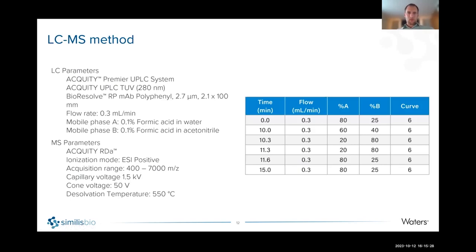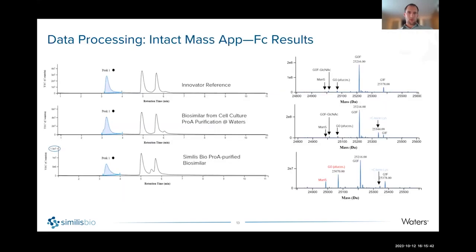Overall, the method is, I think, fairly straightforward on the LC and MS side. The BioAccord system is designed to be easy to set up, easy to calibrate, and relatively straightforward to run. For the data processing, here are the UV traces and XIC traces, I apologize, here on the left. We get 3 peaks as expected. The first peak is the Fc, then we have the light chain, and then the Fd, or the cleaved Fab portion of that heavy chain.